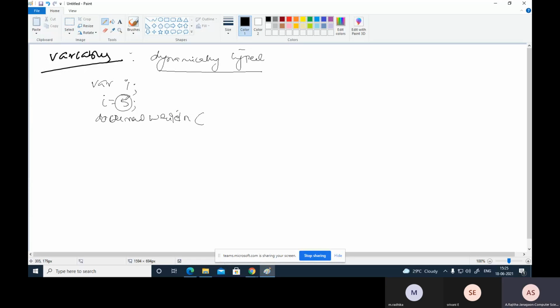Now you can display i equal to 5. Suppose after this displaying, you store a string like this. Now you can display document.writeln with i. That means here it displays ABC, and before it displayed 5.